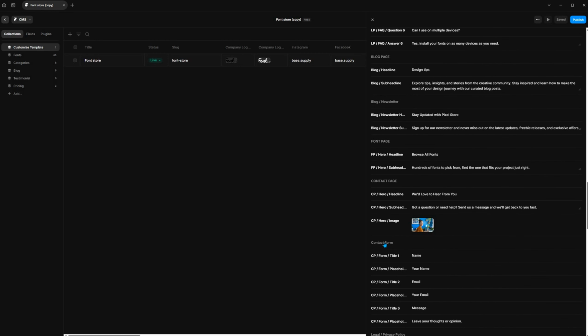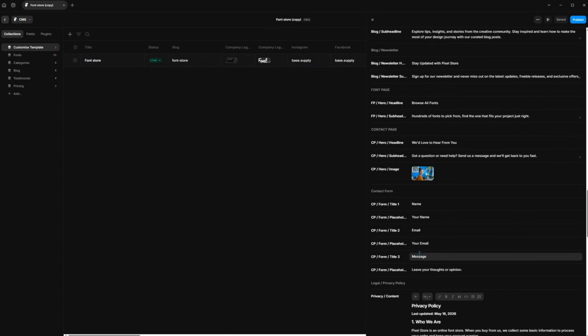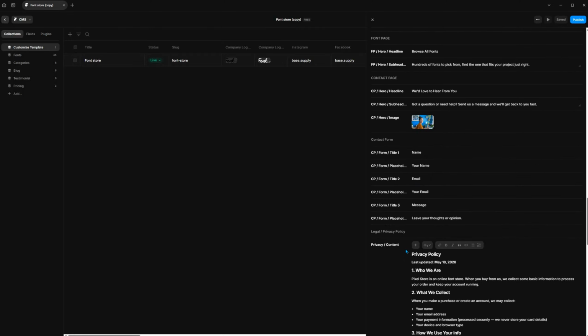And then for the contact form, these are the input fields on the contact form. This is the name of field 1. This is the placeholder of field 1. This is the name of field 2, which is the email, and the placeholder of field 2, which is your email. So you can just change this if you want, or you can leave it the way it is. Then the privacy policy,